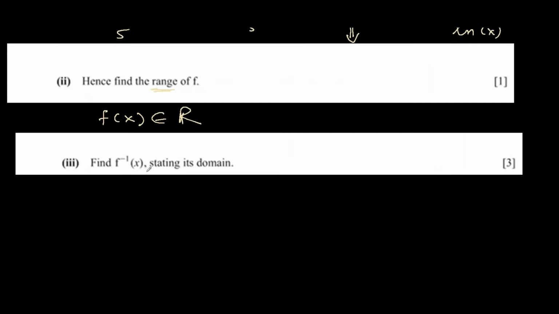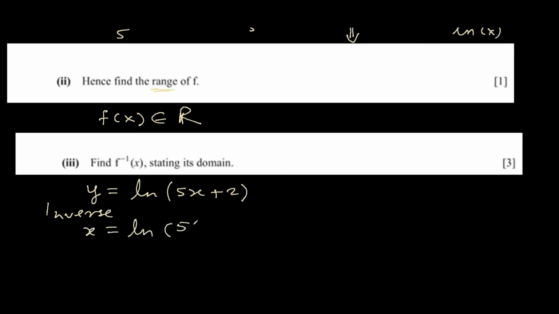Find the inverse of f stating its domain. So we have to find the inverse of this function y equal to ln(5x plus 2). To find the inverse, we first interchange the places of x and y. So let's do that. x equal to ln(5y plus 2), and this y we have to make the subject now. For that, this ln must go. Whenever ln is removed, the other side becomes e to the power,